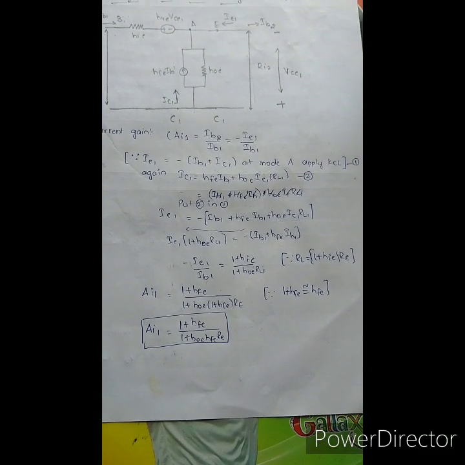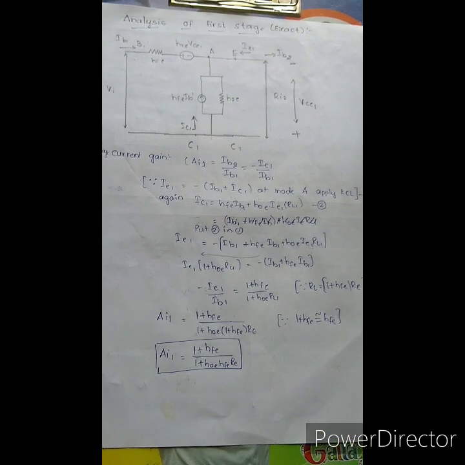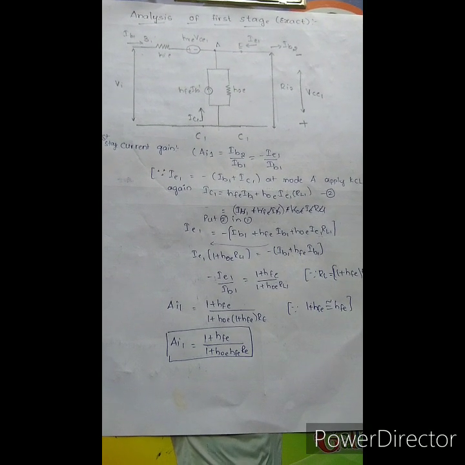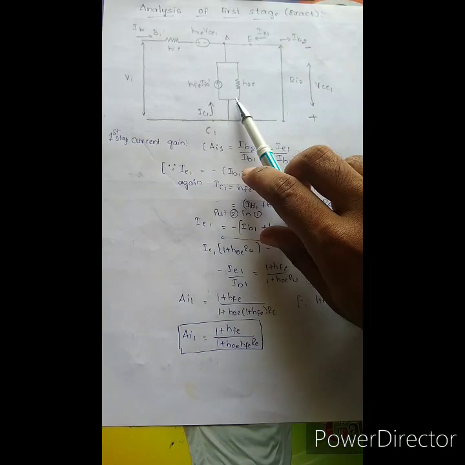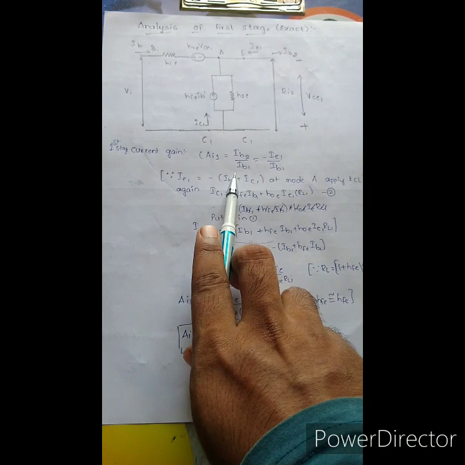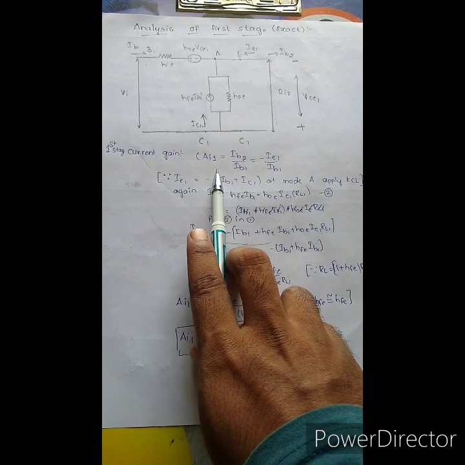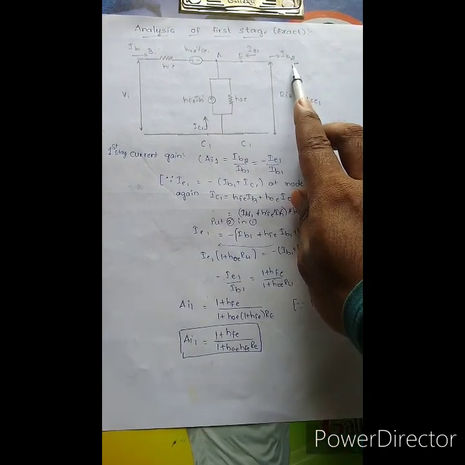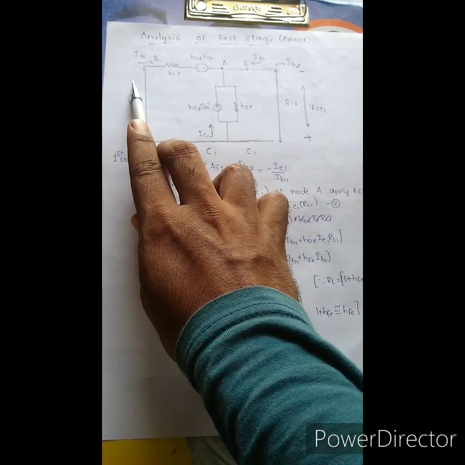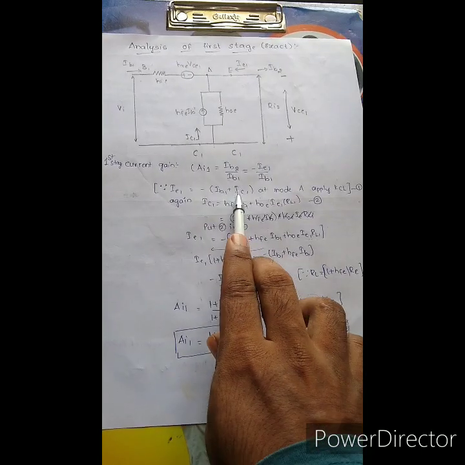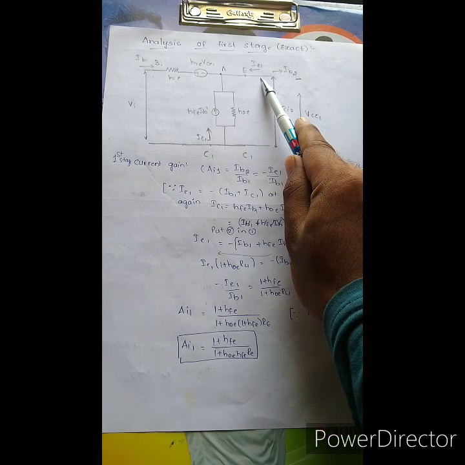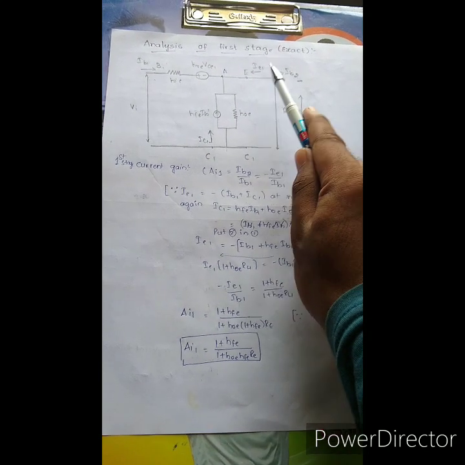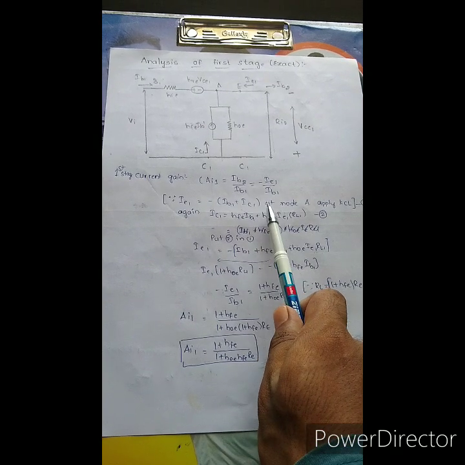We have completed the analysis of the second stage. We have the input impedance and current gain. Now let's go to the first stage analysis, which is exact. We consider all the parameters. This is the circuit diagram, friends. The first stage current gain is given by AI1 equal to output current by input current, friends, IB2 by IB1. Again, IB2 is in the opposite direction of IE1, the emitter current. So we write minus IE1 by IB1.